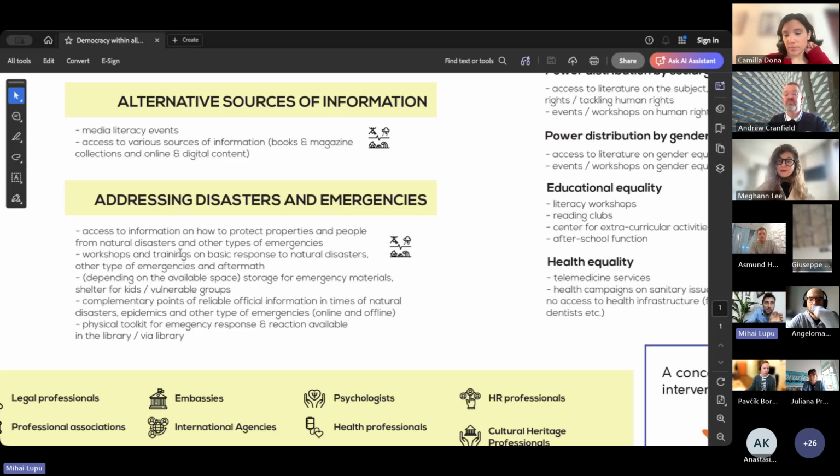And if you are telling people that addressing disasters and emergencies through the library is not out of nowhere, it's part of a bigger thing,